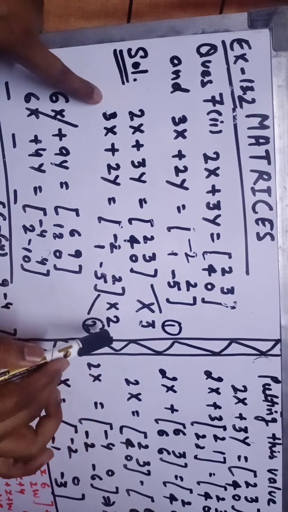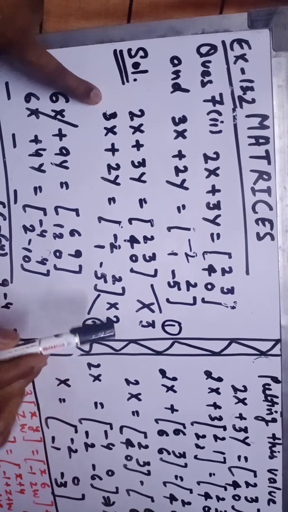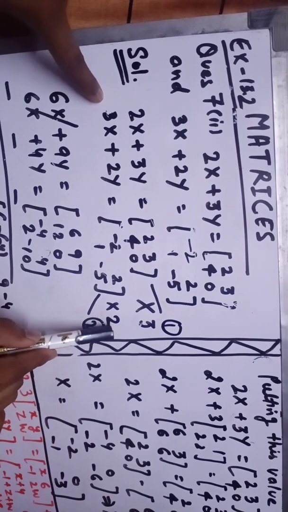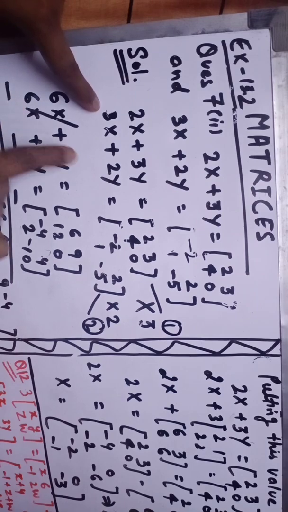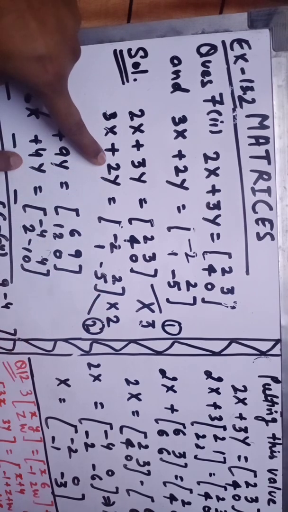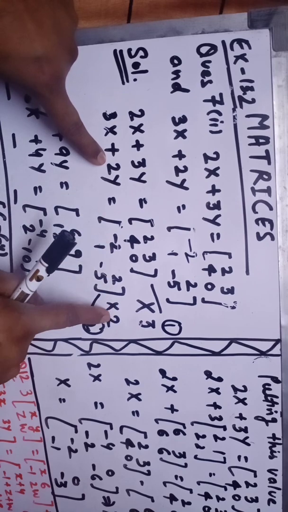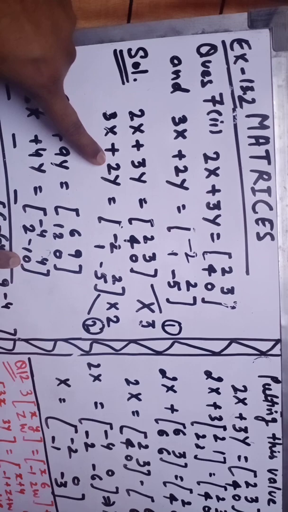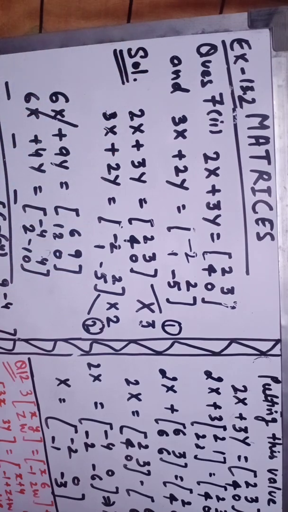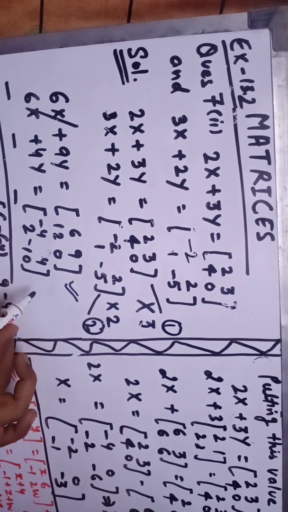And similarly, we are multiplying the second equation by 2. If you multiply this equation by 2, you will get 2 into 3, that would be 6x. 2 into 2, that would be 4y. That is equals to minus 4, 4, 2 and minus 10. So here it is. After multiplication, you will get this equation and